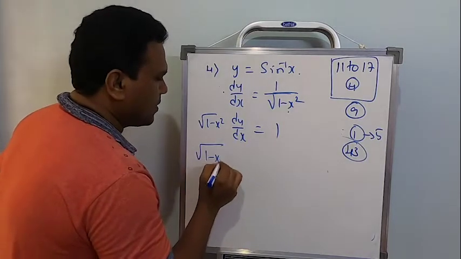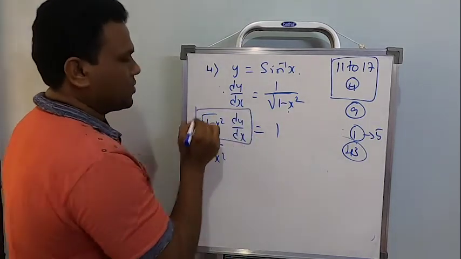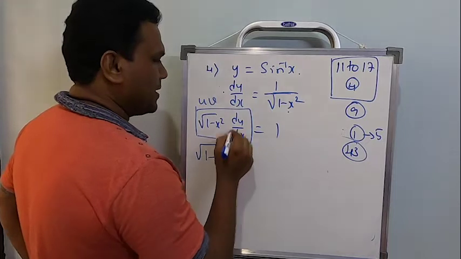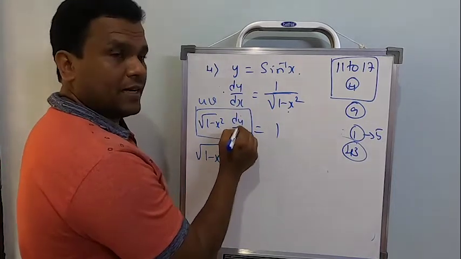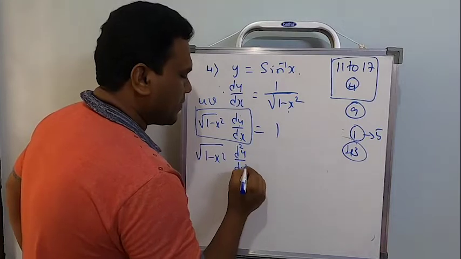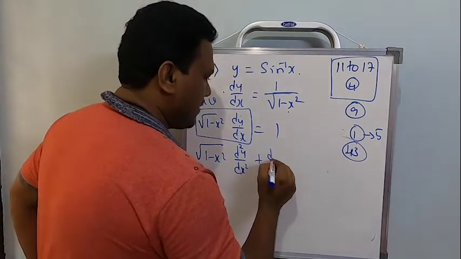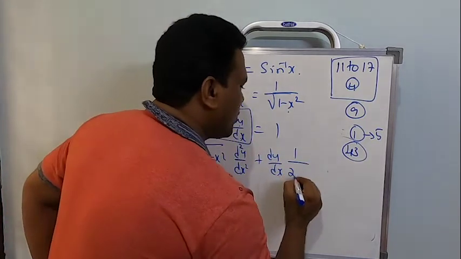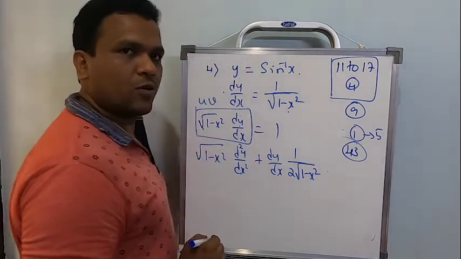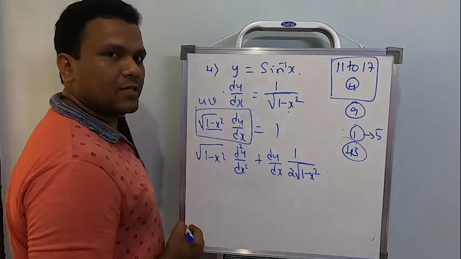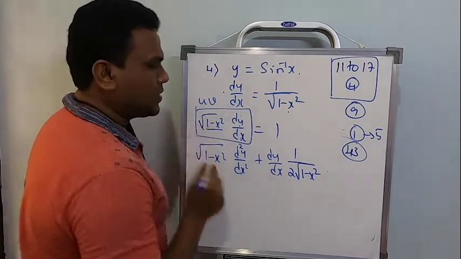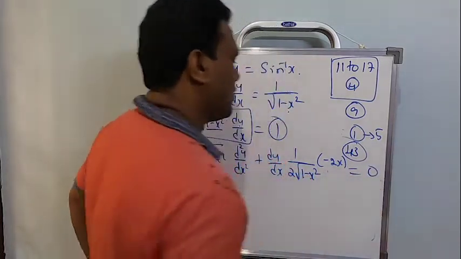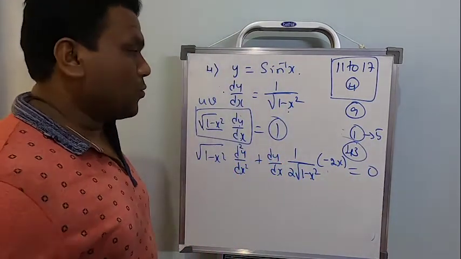So let's write. Now you'll be wondering, sir, how to do differentiation of this? Use product rule. This is first function, this is second function. So root of 1 minus x square multiplied by differentiation of dy by dx, and differentiation of dy by dx is d square y by dx square, plus dy by dx as it is, times differentiation of root of 1 minus x square. First for root x, 1 by 2 into root of 1 minus x square. Root x is over. Differentiation of 1 minus x square: 1 is a constant, will become 0. Differentiation of minus x square will become minus 2x, and notice the right hand side is 1, so it will become 0. Now how to proceed here?